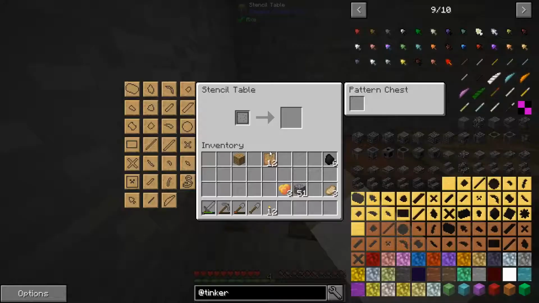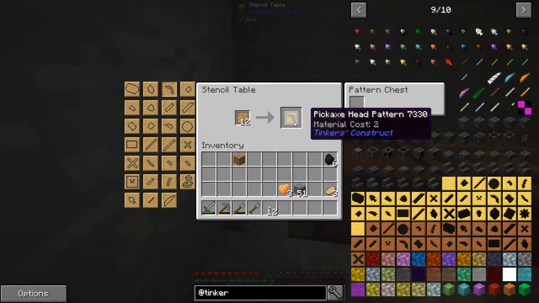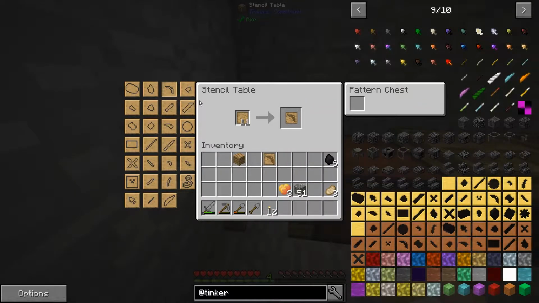So on this end we start with the stencil table. We put our blank patterns in and you see right away we've got all these different stencils we can pick from. Now I can't build anything practical yet, but we'll make the stencils at least just to help us get through this night. To start things off, we've got, well, that's clearly the head of a pickaxe there. We'll make that. We'll also make a handle,